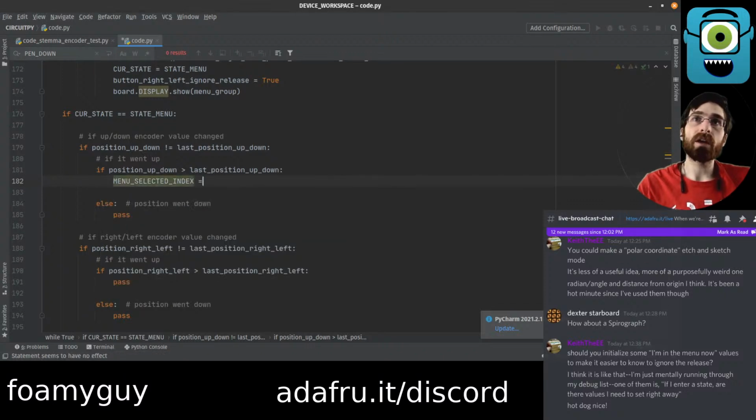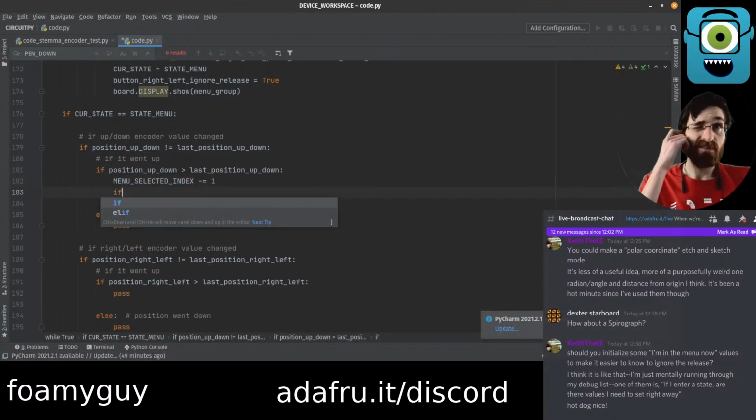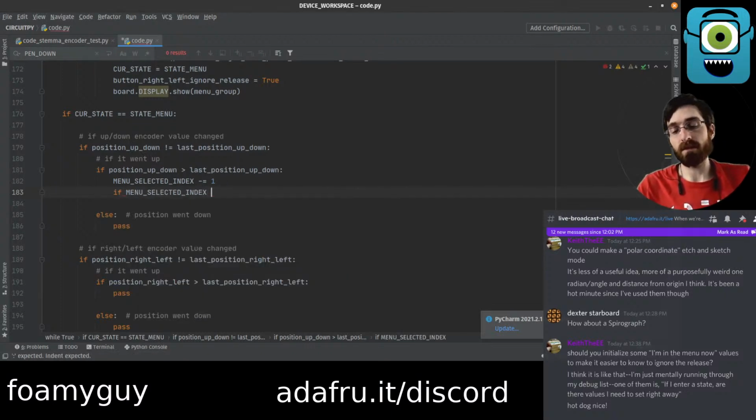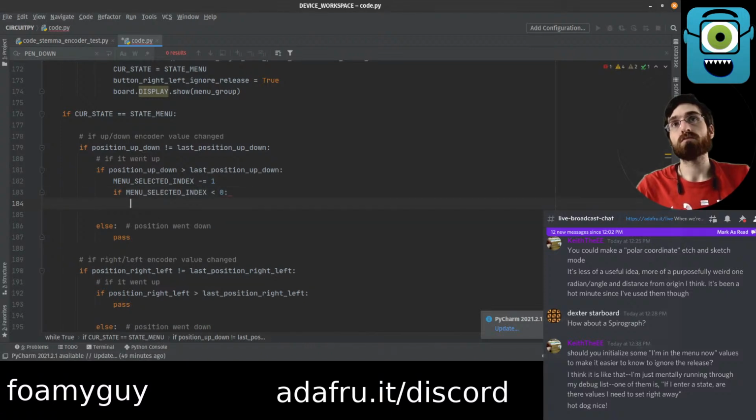Selected index minus equals 1. If selected index is less than 0, put it to